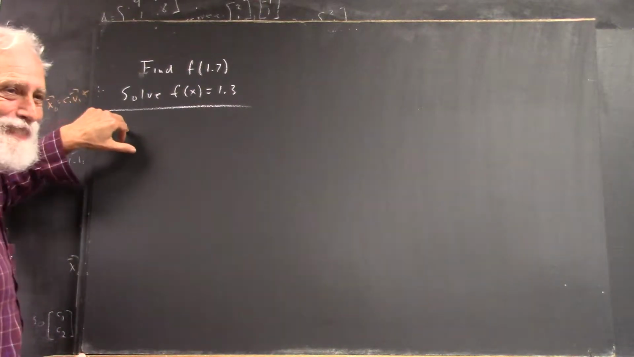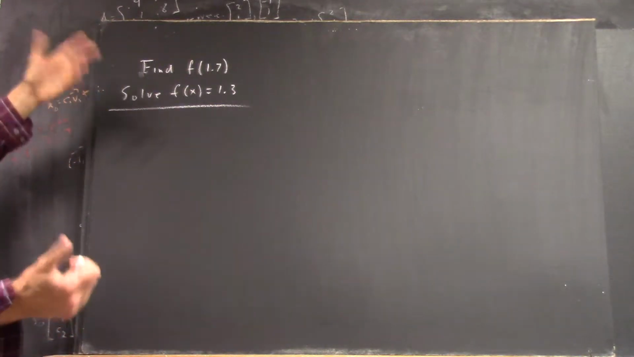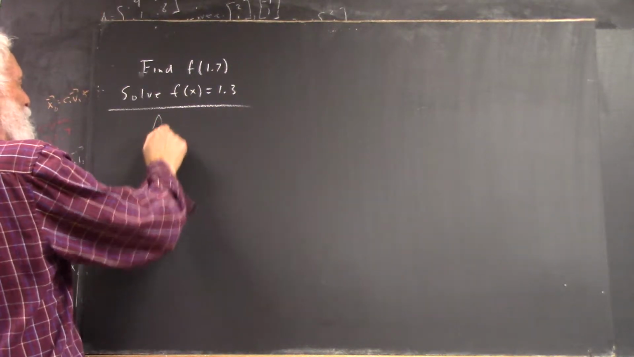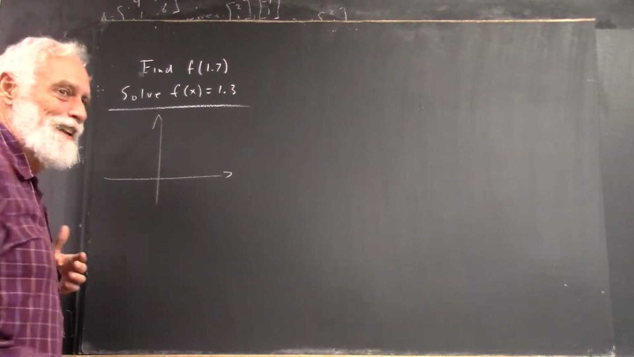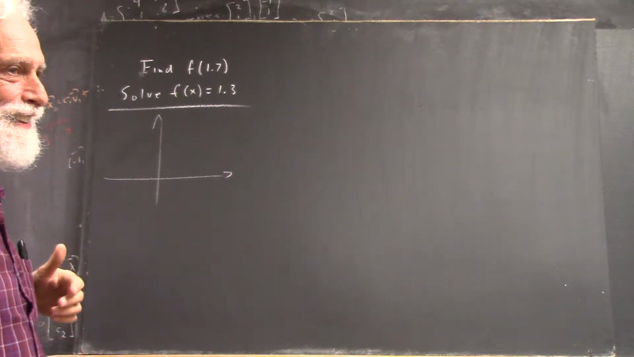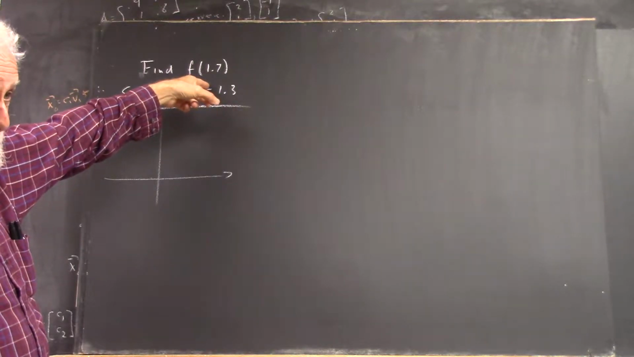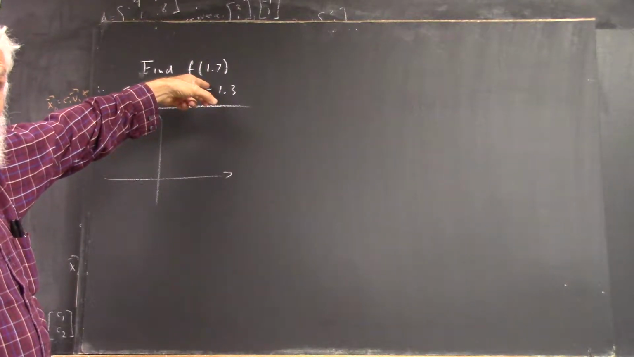Okay, well, I don't know where these things come from. Okay, look, you got a graph, okay? And you want to find f of 1.7, right? So what are you going to do to find f of